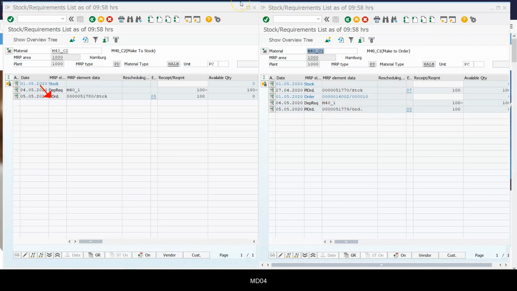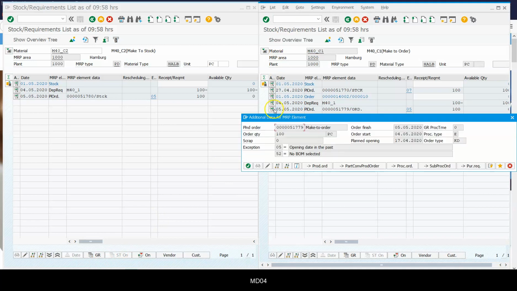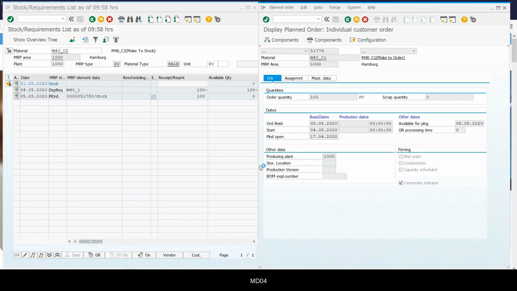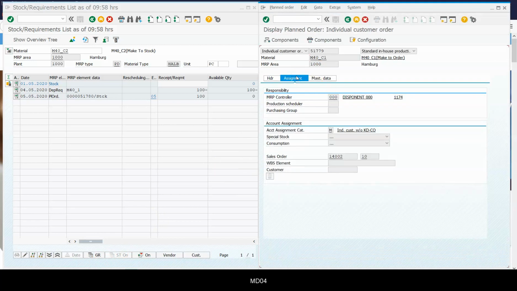Let me highlight that one. Let me double click the planned order. If I display the planned order here, we can see that there is assignment data for the sales order.